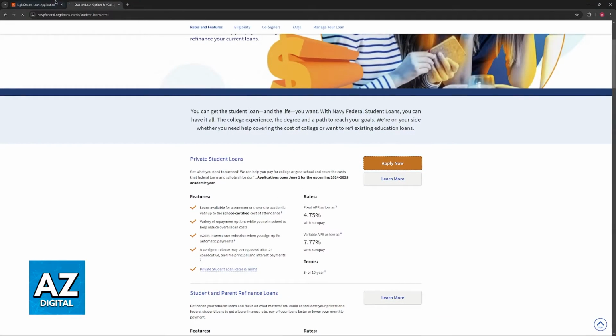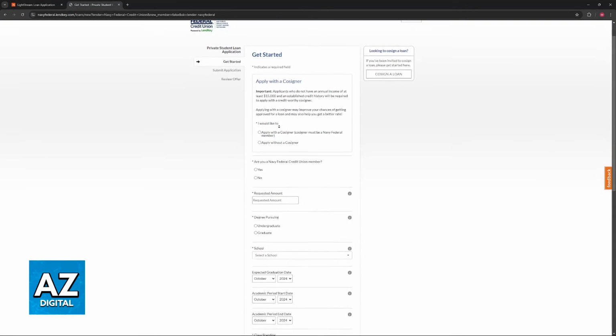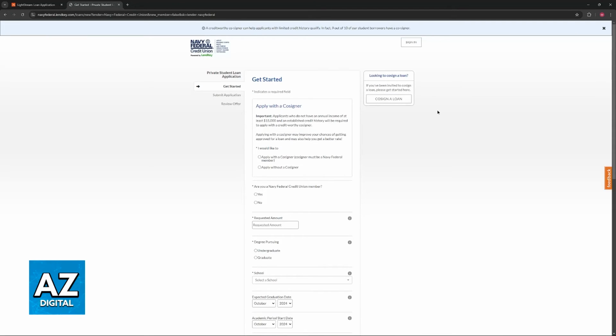If you want to apply, like I said, you just have to click apply now and follow through the instructions. You will be able to choose between plenty of options related to getting the student loan, and you can just follow here to make sure if you qualify for the rates that they offer. Now, because this contains a lot of personal information, unfortunately, I won't be able to show you the full process on screen. You will have to follow the instructions listed here, and you will be able to get this process done. You will receive the money, and you will have to agree with the repayment terms that they offer. So be aware of all of that during these instructions.